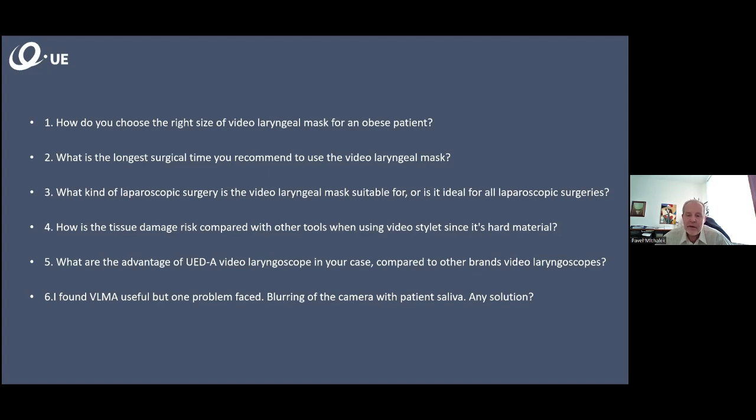The third thing, if you don't have enough space or have very limited space, I would recommend to use Professor Gashinsky technique and help yourself with the classical or video laryngoscope just to create some space inside the